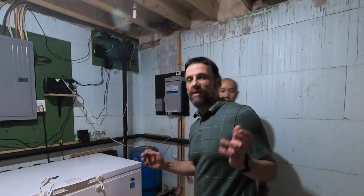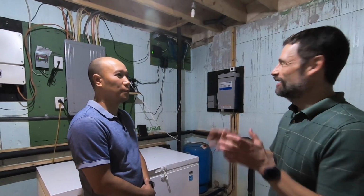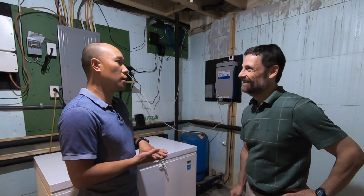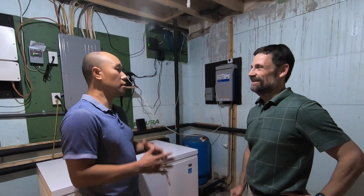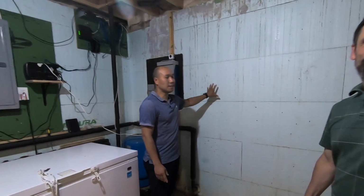Okay, so now we're in the basement, and we're going to have a lot of cool things to look at here, like the heart of the whole system. Correct. So, Con, give me an idea. What am I seeing here? What's going on? Okay. So when we were doing our research, one of the big goals was how do we reduce the heat loss in the wintertime and keep the coolness of the house in the summertime. And we came upon ICF foundation. That's the key to